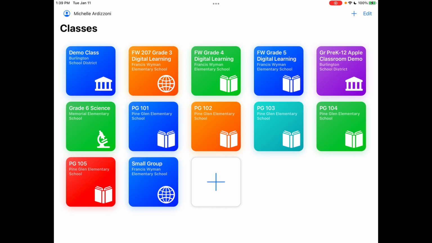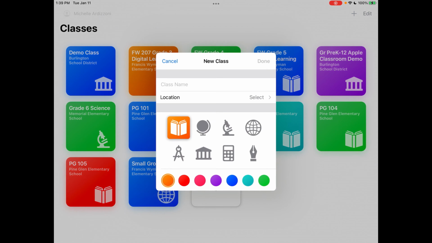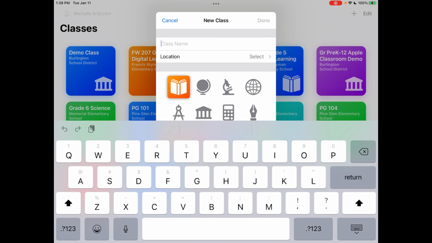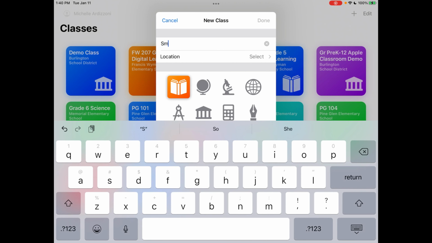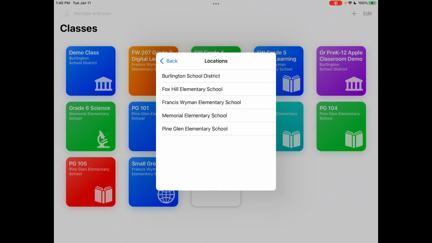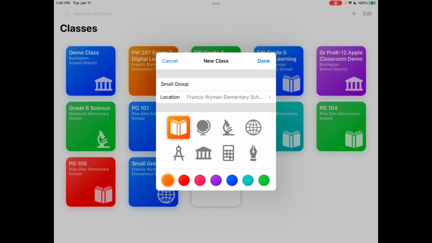So coming back to the classes screen, again, these are here because I am either an assigned Aspen teacher or I've created my own for small group instruction. How you would create your own, you would tap on the plus sign that you see here, enter in your class name, your location, which is just your school, choose an icon that best represents your class and a color, and then